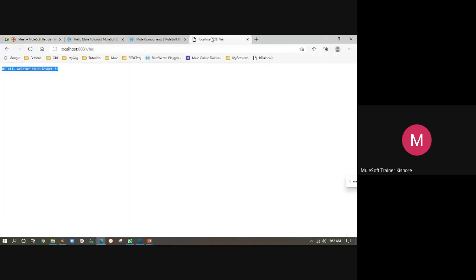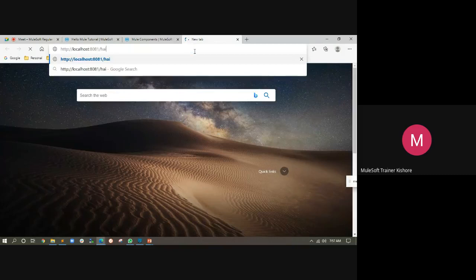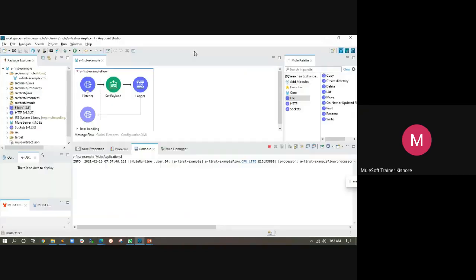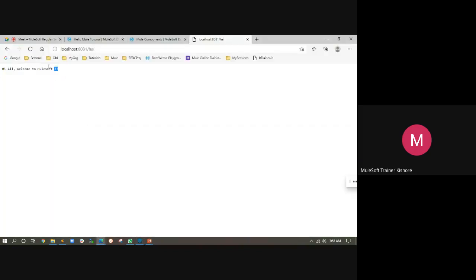I am going to the same URL, copying it, opening it in a different window, and pasting it. What is my expectation? My application should pause here and show me what is happening here, right? But it did not show me; it directly returned a message.